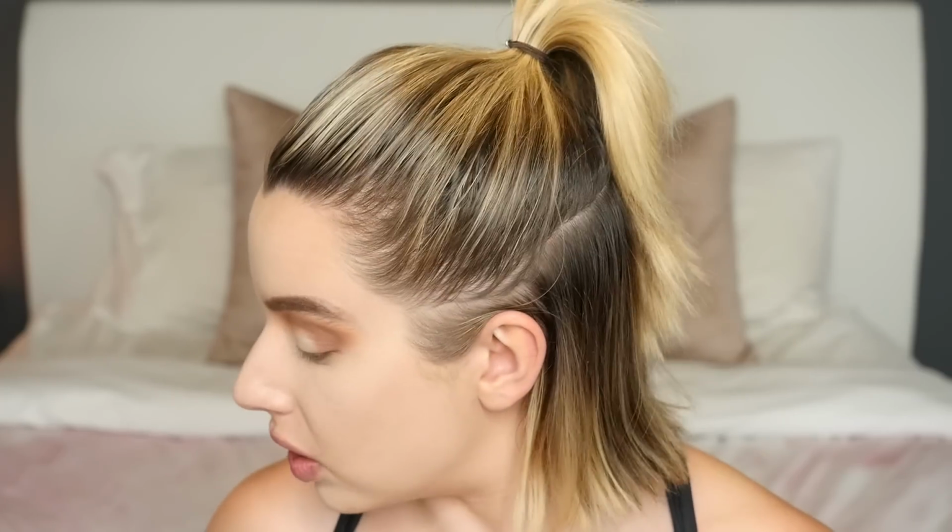Okay, it is eyeliner time. This is probably gonna be the most intimidating part of this entire tutorial, and I hope I can talk you guys through it. I am starting with a gel black eyeliner to lay down the eyeliner, map it out, get the shape I want, and then I will go over it with liquid to make it even more intense and sharp and refined. I'm gonna run a line of eyeliner across